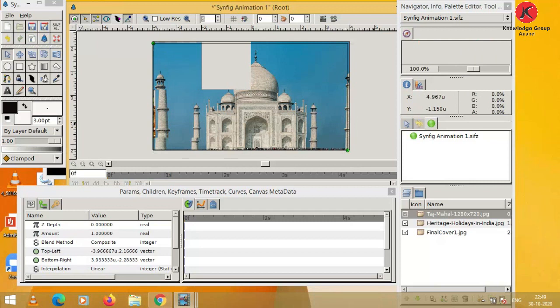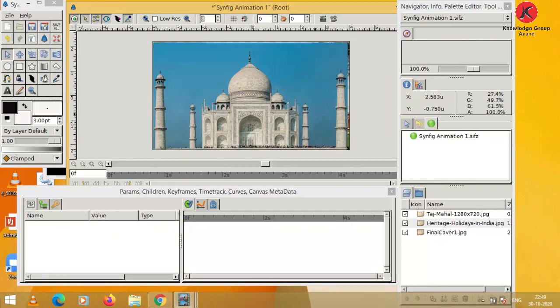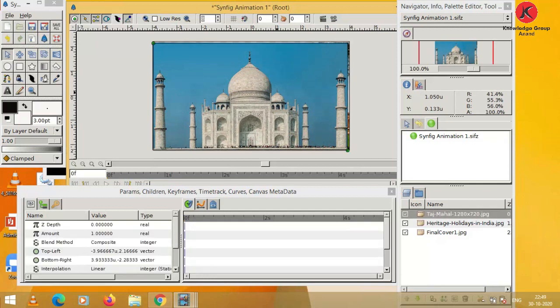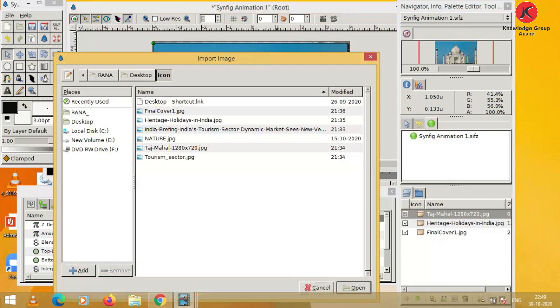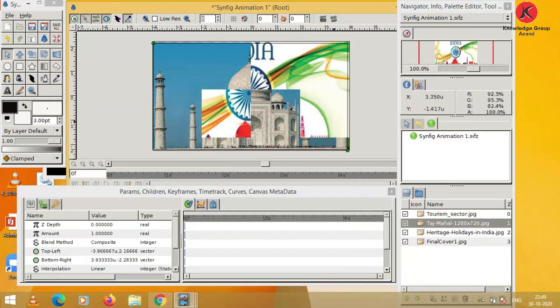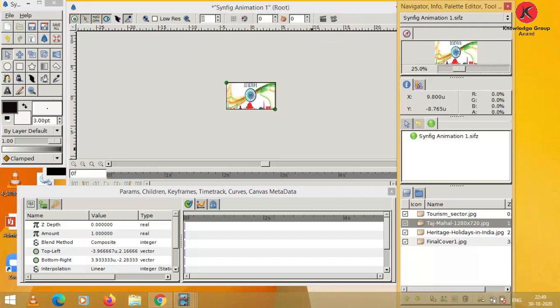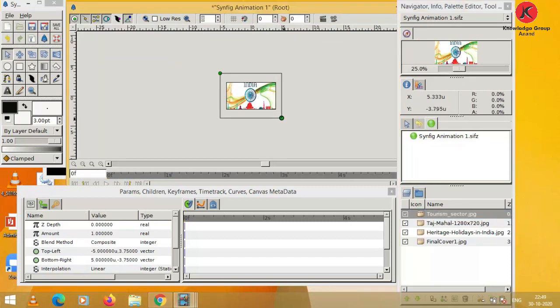Okay, then once again, the last image, we can insert it by using Ctrl plus I. So here you can see our images one by one.